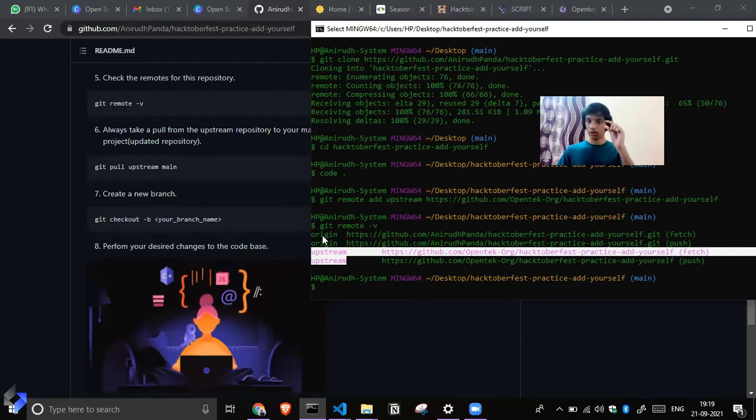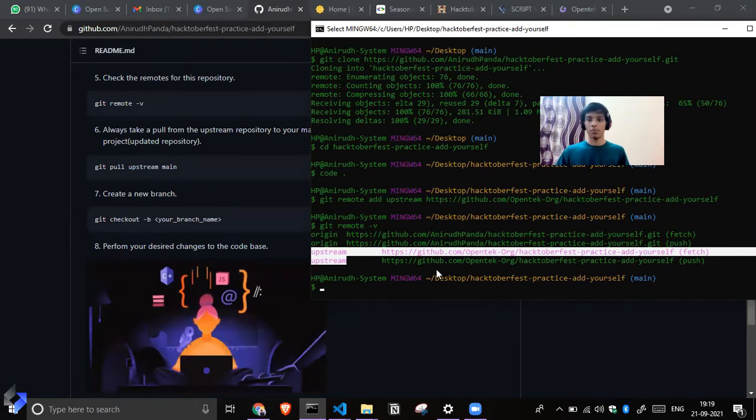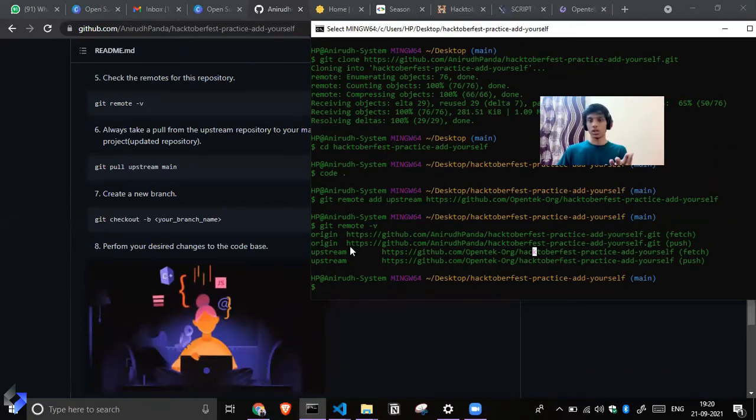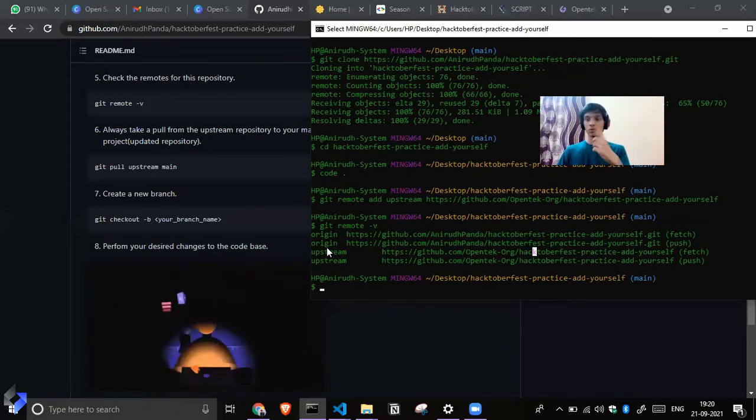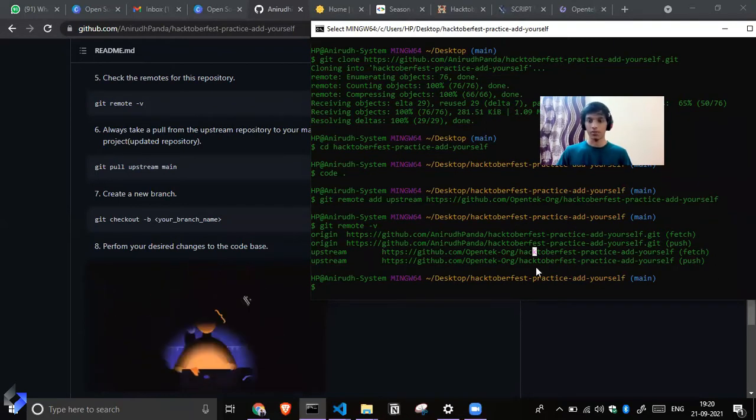So to track the different changes, imagine I go to OpenText.org and make some changes, but if you are not adding the remote, it will not show you those changes, so a merge conflict will be created. So in order to create the remote so that you can push, first we will push to the upstream, then you will create a branch and push. Then we will create a pull request to the main repository, which is this one.